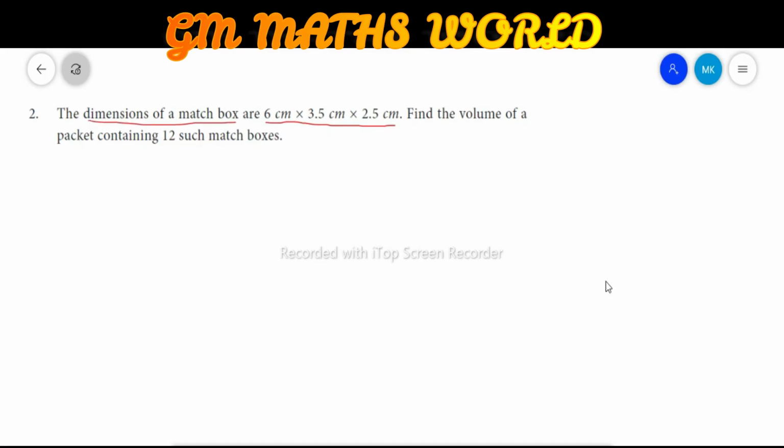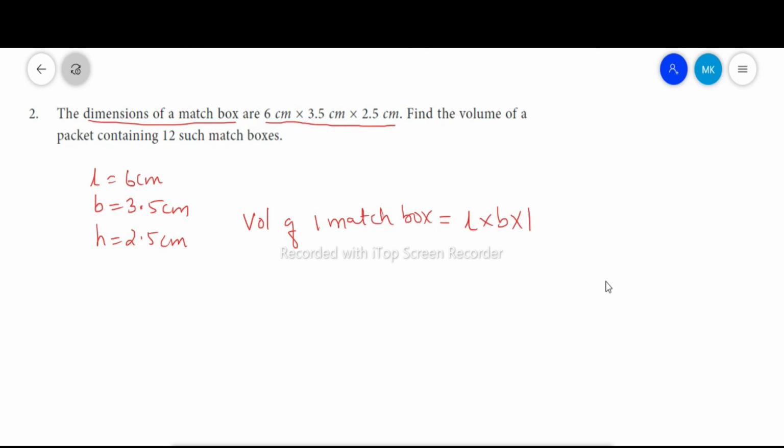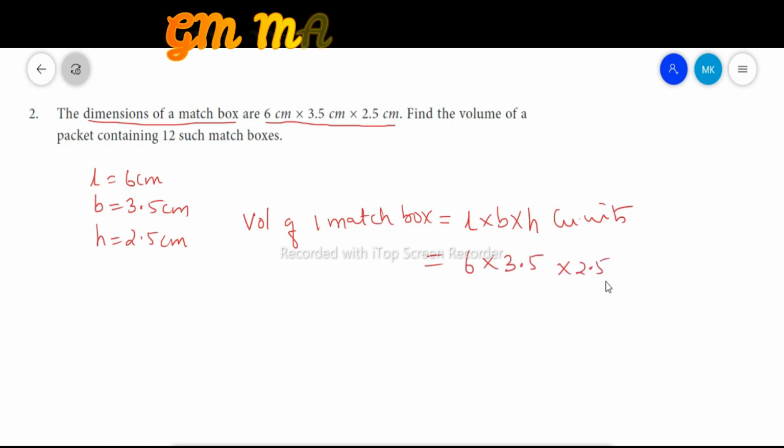Length is 6 centimeter, breadth is 3.5 centimeter, and height is 2.5 centimeter. Now we have the volume of a packet containing 12 match boxes. So volume of one match box we will find first, given by the formula L into B into H cubic units, which is 6 into 3.5 into 2.5